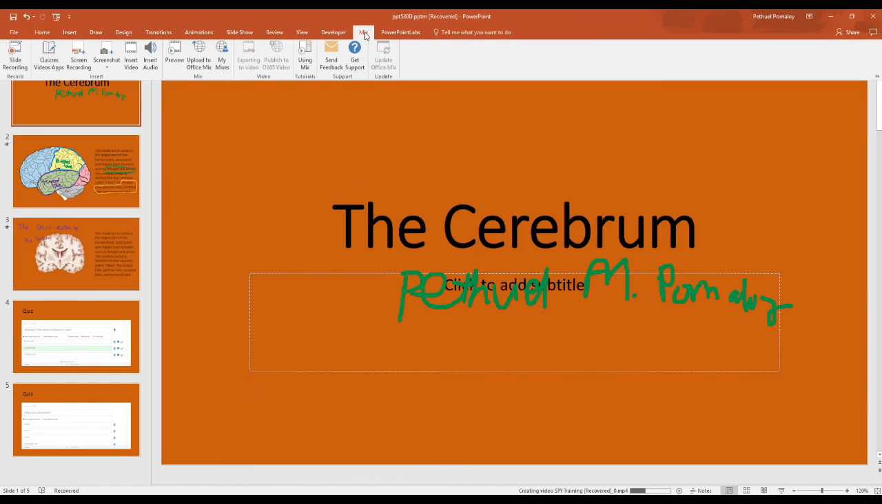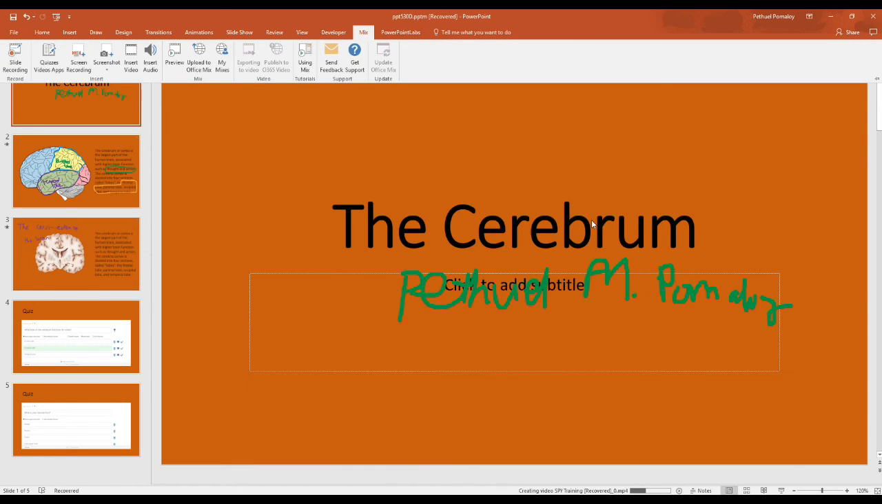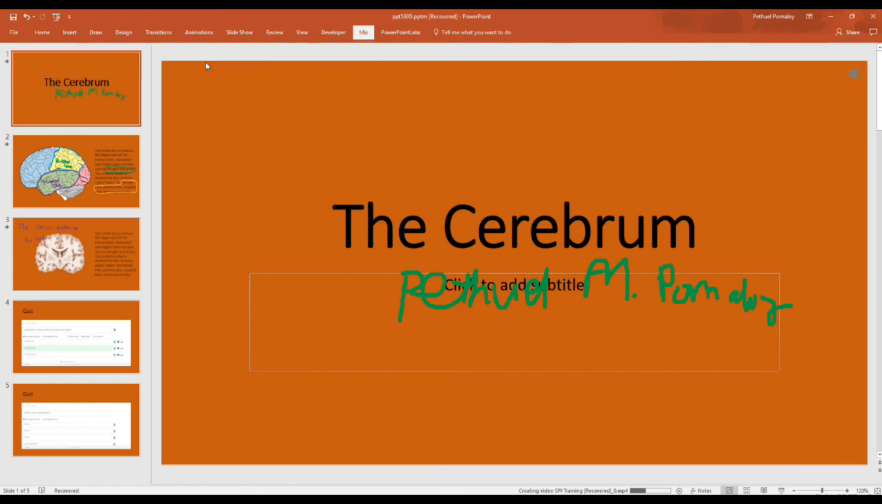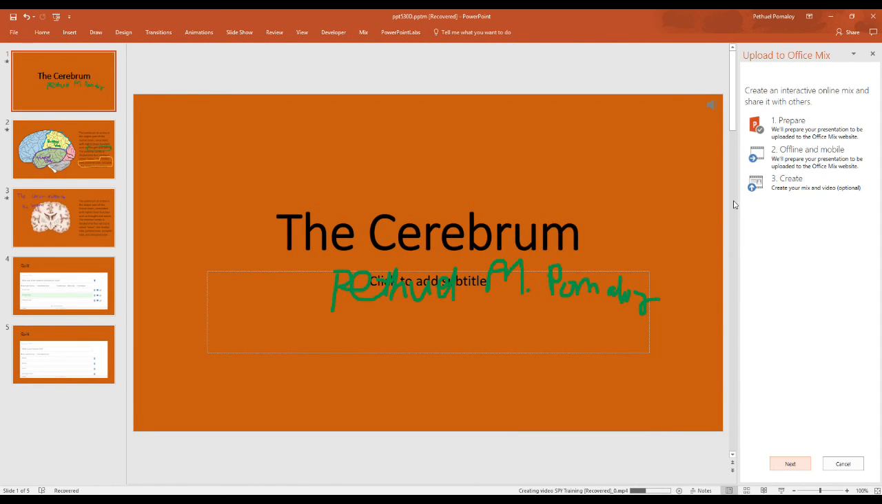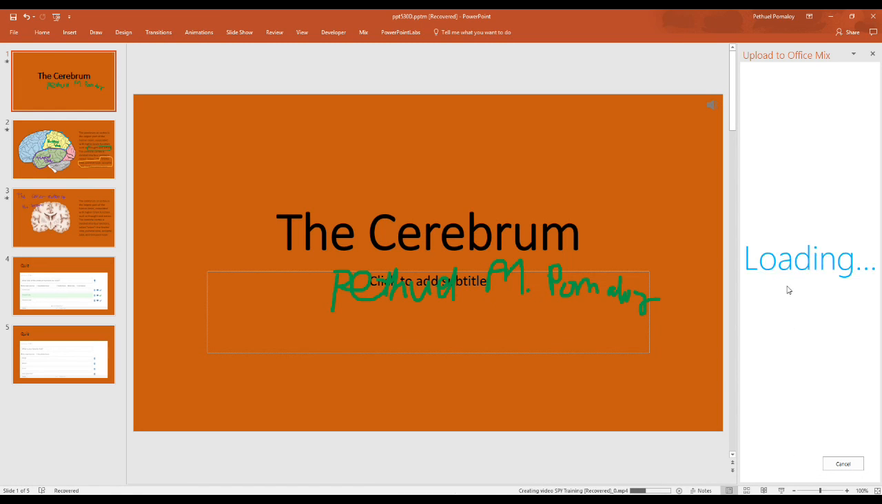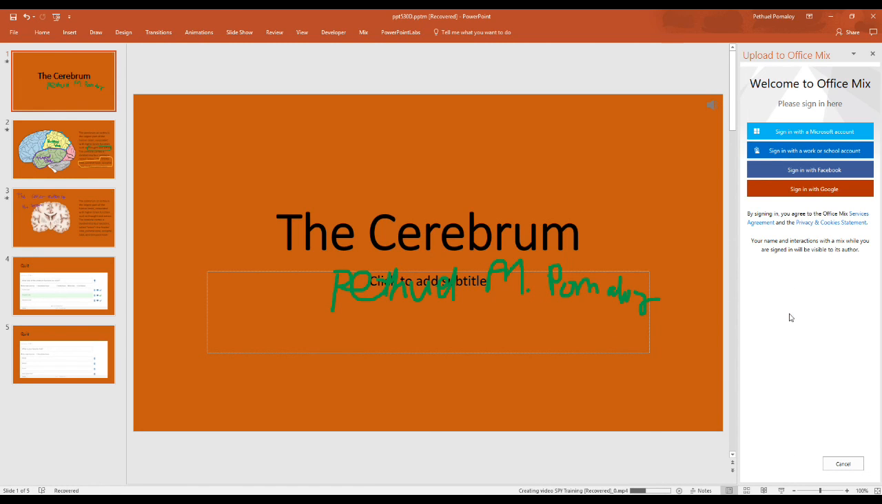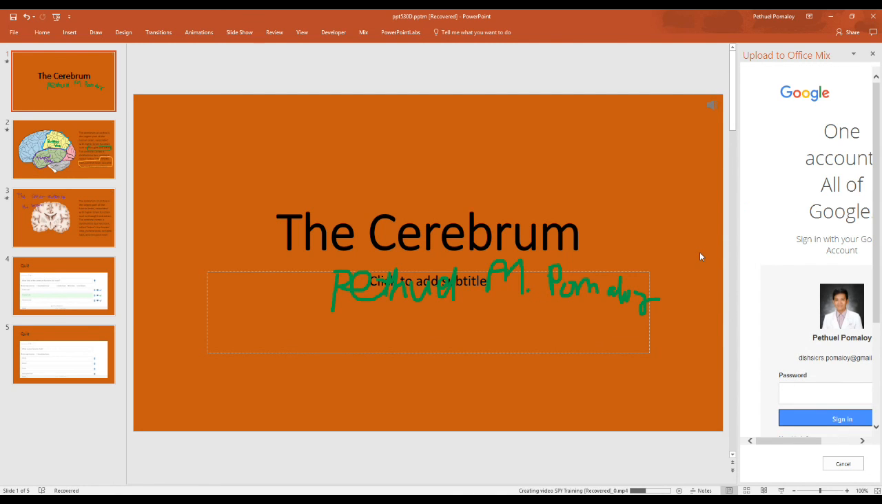So how to do that? Basically, you can create a video by clicking this item, exporting to video. Or the best thing to do is to use the Office Mix feature, which is to upload to Office Mix. Okay, this will require you to log into your Microsoft Office account. However, I guarantee that this is a better way of exporting your mixes, because